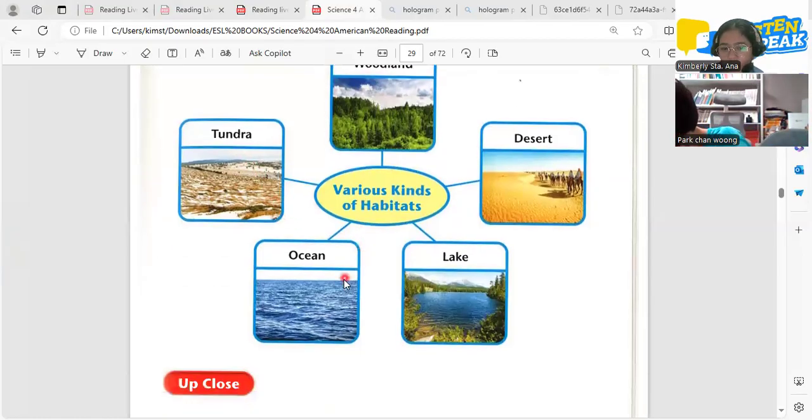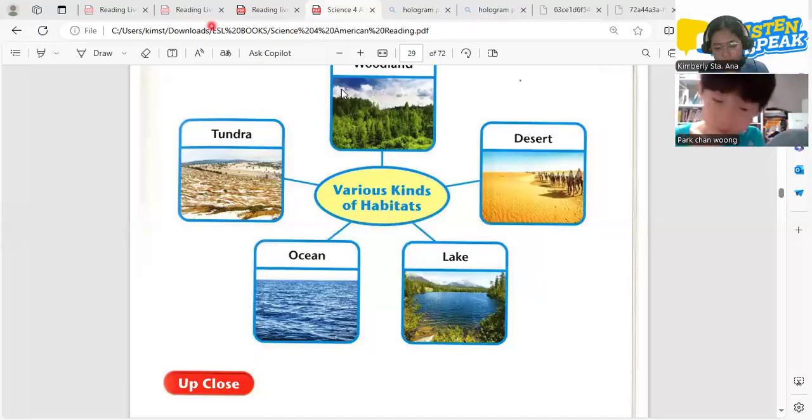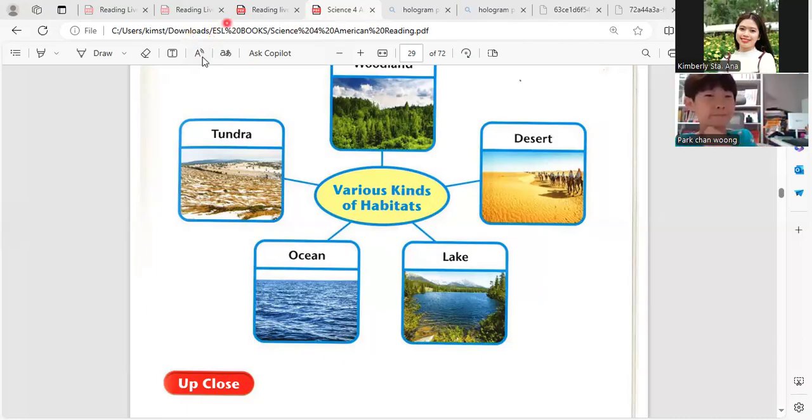How about here, ocean. If you were an ocean animal, what would you want to be? The blue whale.